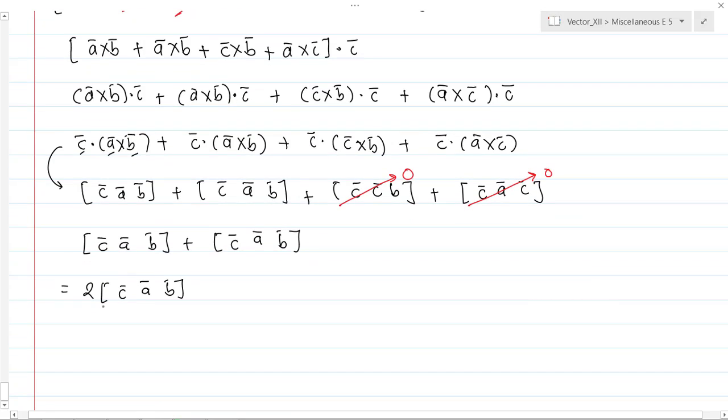Okay, see here, can we have a cyclic change here? Yes, definitely. So A came here, B came here, and C went here. See, here A B C, so it is 2 into A B C. So a cyclic change will not affect the original box product, so we can easily write this down, and which is nothing but the RHS. Hence proved.